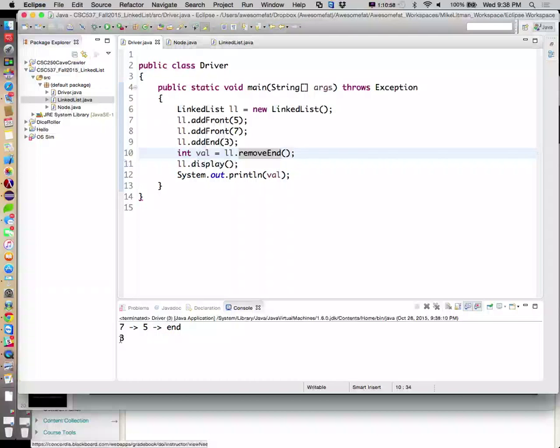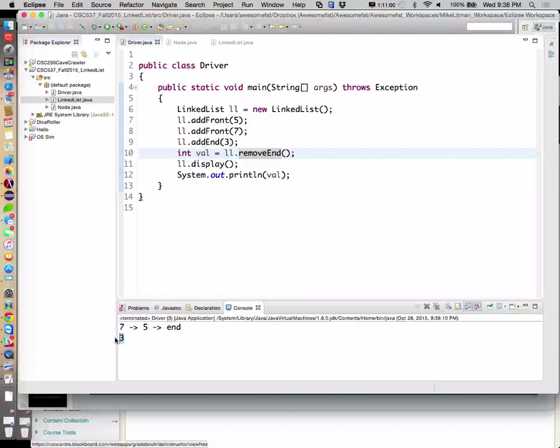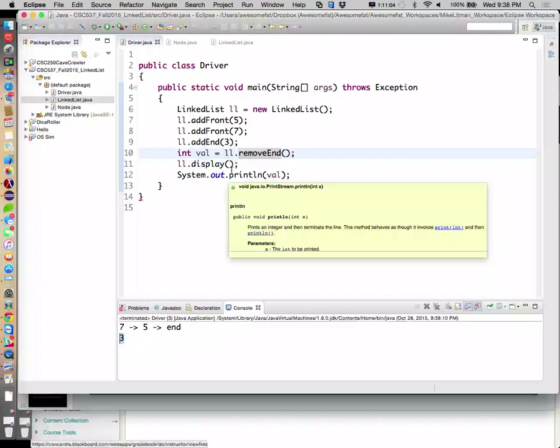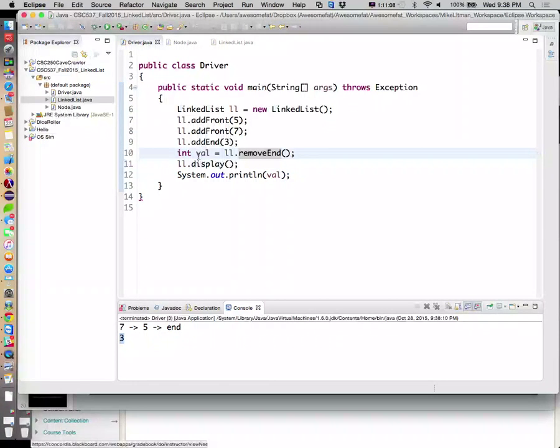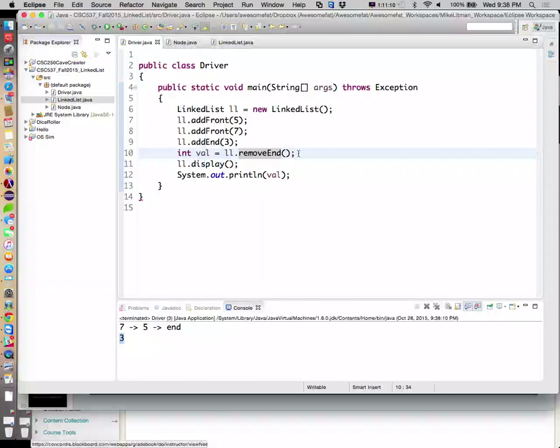So there's 75, and then there's the 3. Okay. Now let's keep whittling it down to make sure it works. I'm actually not even going to store it in val here. So we'll remove end, remove end, remove end.